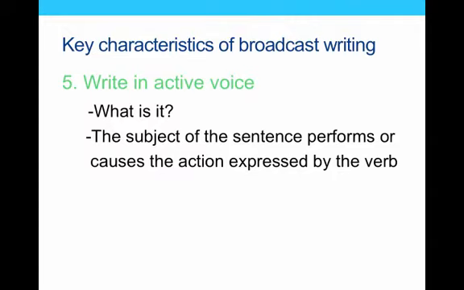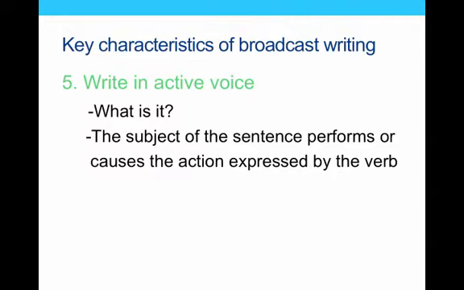So how do I make that conversational for you? Well, I think it's easiest to do by example. If I say to you, the ball was hit by the boy, what's the subject of that sentence? Ball, right? So the ball is not performing the action. The action is being performed on the ball. So if I flip that sentence and I say the boy hit the ball, now the subject is performing the